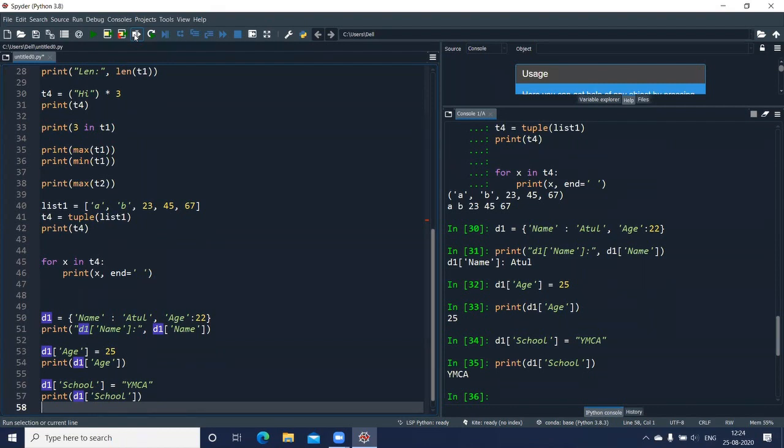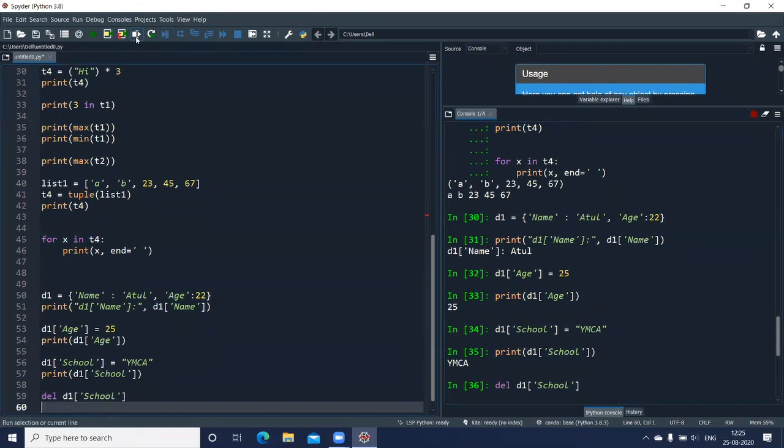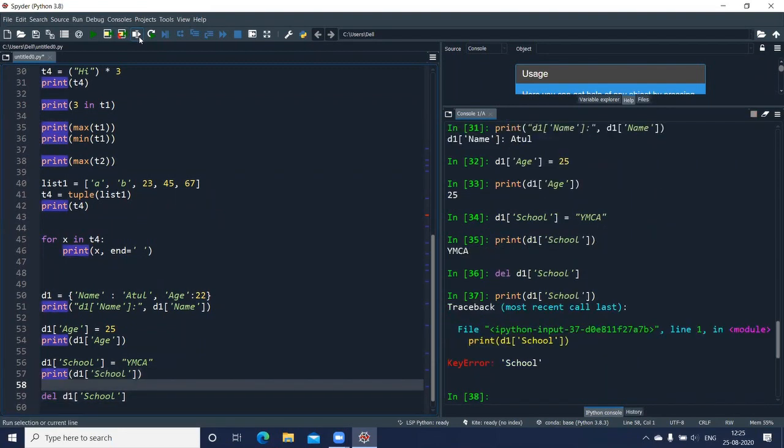And if you want to delete a key, like we used the del function before, even in a dictionary I can make use of del, the dictionary name, followed by the key I want to delete. Let us say I want to delete this school which I've just created. So I can give this statement, run this. And now when I print this line, let us go up here and print this line. It is going to give me an error, because it's already deleted, it's not available anymore.